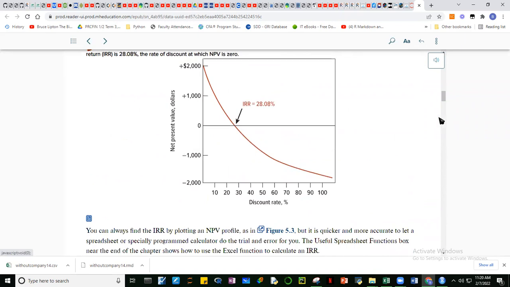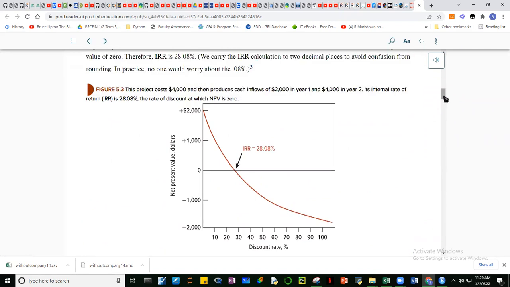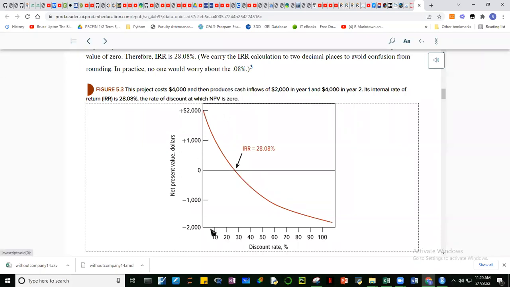Okay, now if you take a look at this diagram, when is a project feasible based on IRR? Tingnan niyo itong NPV at saka discount rate profile. Okay, so on the x-axis is your WACC or your discount rate. On the y-axis is your NPV. Now, ito guys, this is your IRR. And we know this is the IRR because it touches the x-axis. And at the x-axis, your net present value is equal to 0. So sabi natin, consistent yung definition. The IRR is that rate of return where your net present value is equal to 0.